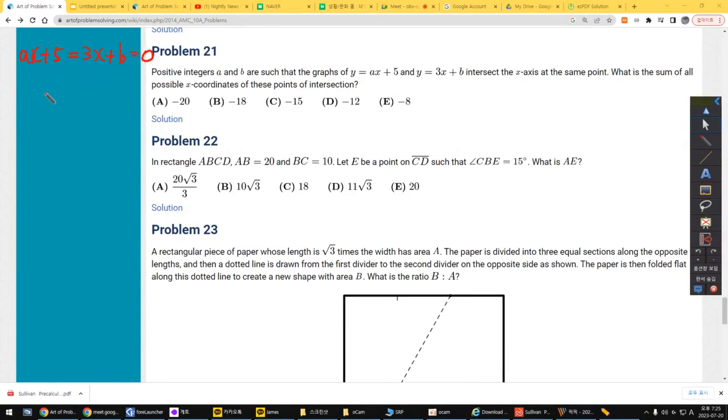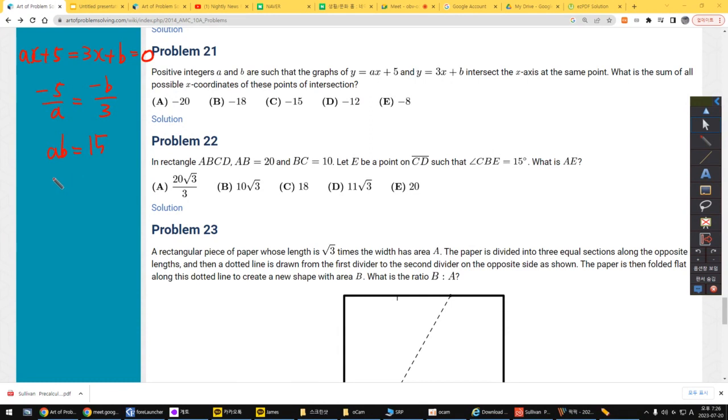That means for the first equation, the x-intercept is minus 5 over a, and for the second equation, minus b over 3. So this means a times b is 15, and because a and b are positive integers, there are